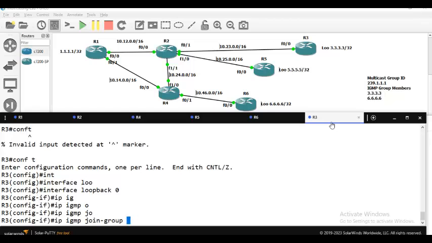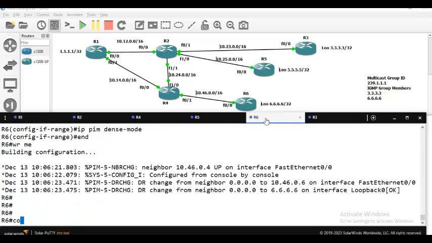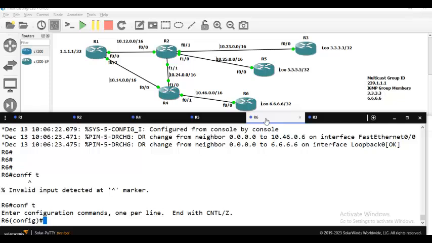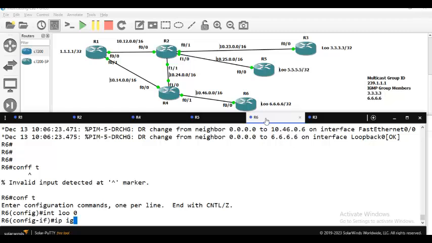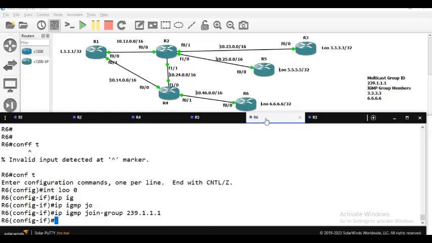I will also join on R6. Interface loopback 0, IP IGMP join group 239.1.1.1. And now if I go to router 1 and generate some traffic to this address,